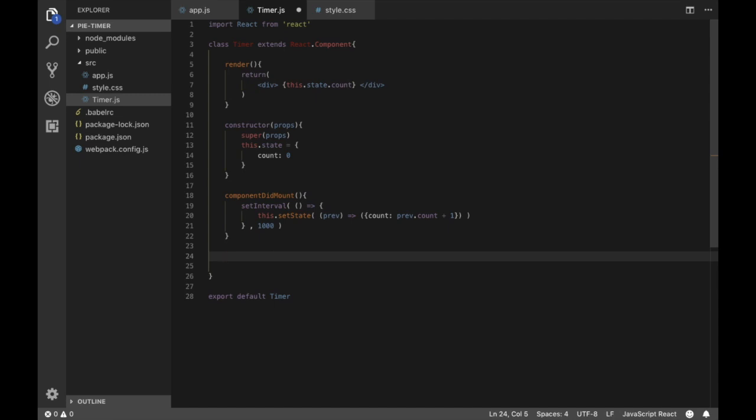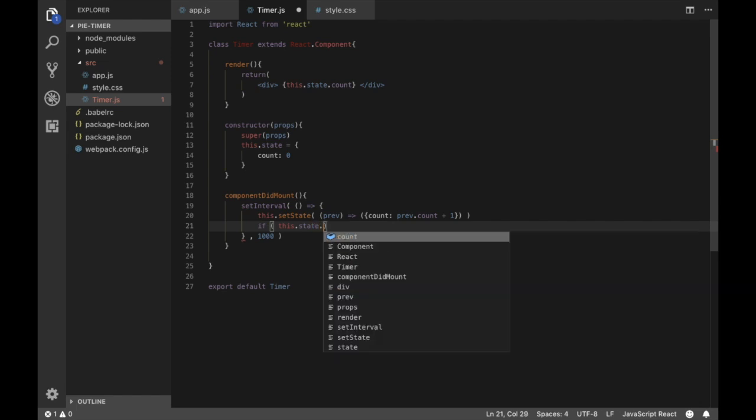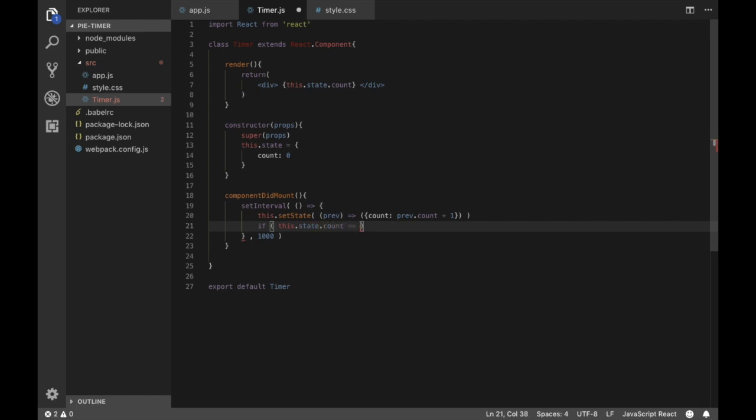The next thing we're going to do is create a stopping point, basically, when the timer's done, when the timer's full. So yeah, it's not done here, it's here. So in this set of code that runs every second, we're going to put an if statement, and we're going to say if the count is equal to, we'll just say 3 for now, then we're going to do something, and we're going to stop this whole setInterval code from running. So we're going to use a function called clearInterval,